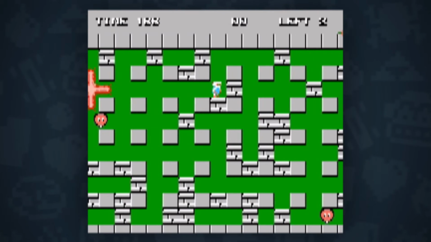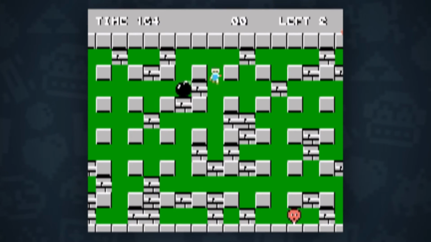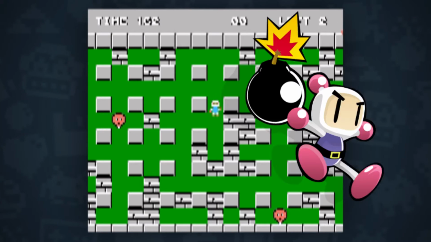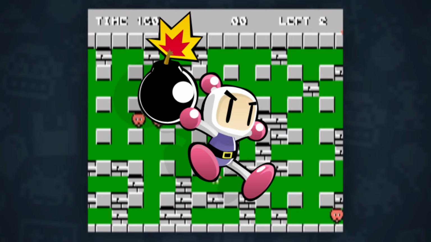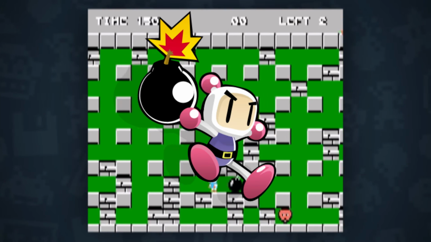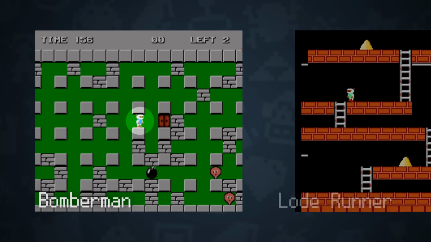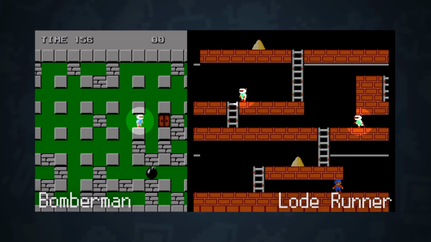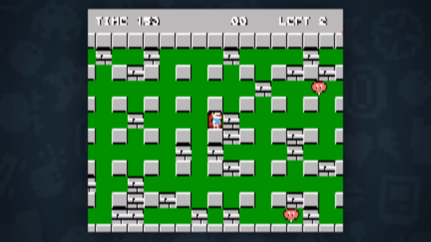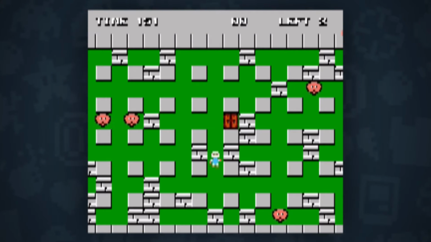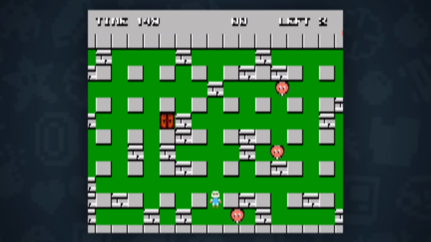Returning to the original top-down 2D perspective, the game was the first in the series to include the iconic character model of the white robot, which would become the mascot for the series in future games. The sprite from the Bomberman came from a sprite of the already ported Lode Runner, also ported by Nakamoto. While the rumoured short development time could explain why the sprite was borrowed, the game is somewhat also a